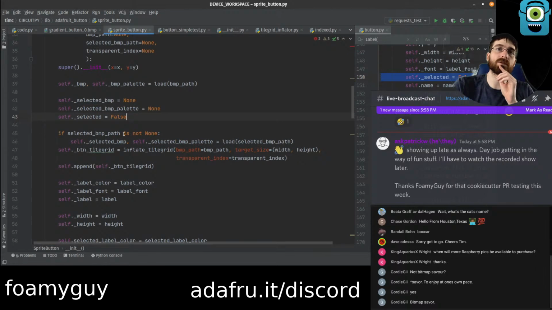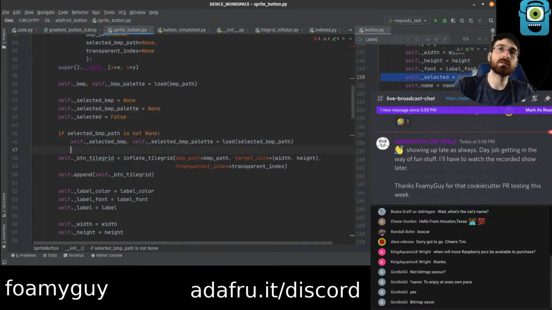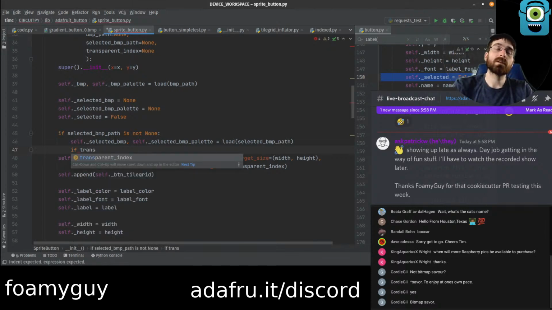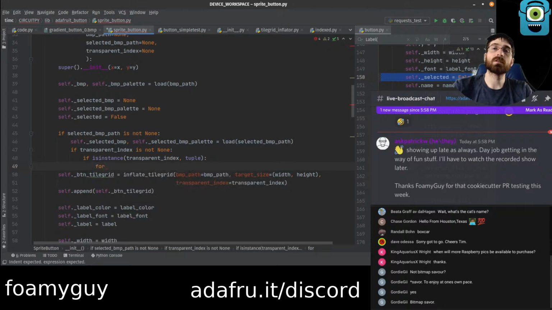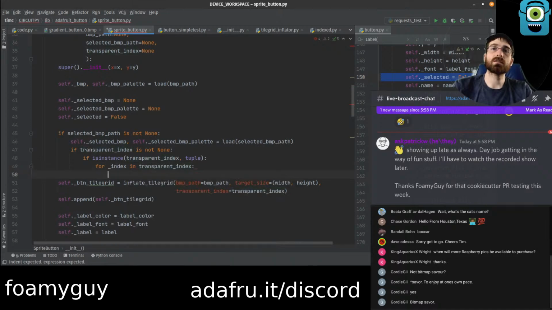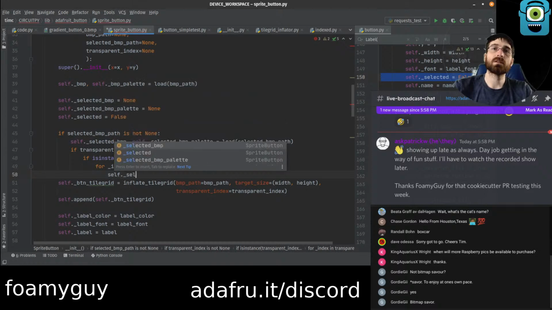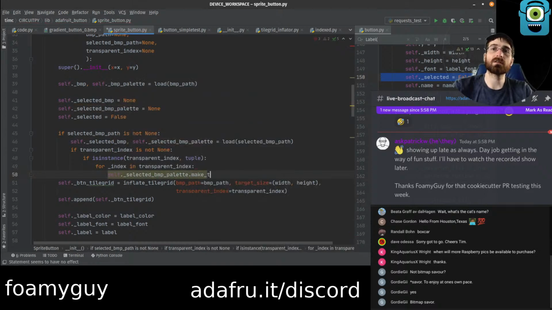So let's go inside here. If it's not none, if is instance tuple, for index in this selected palette dot make transparent index.